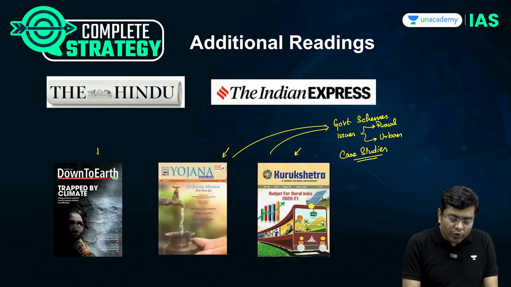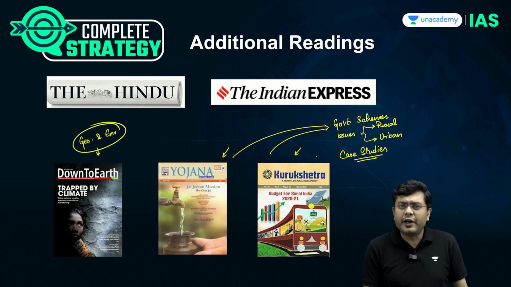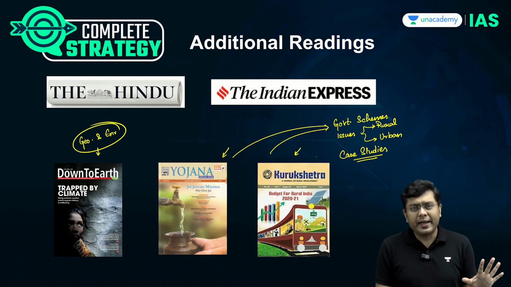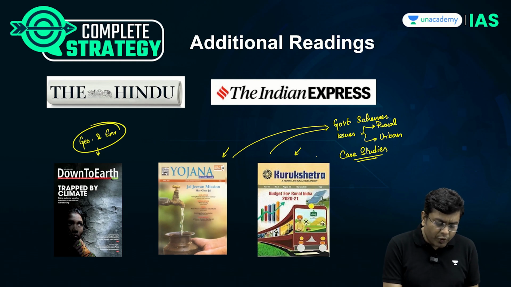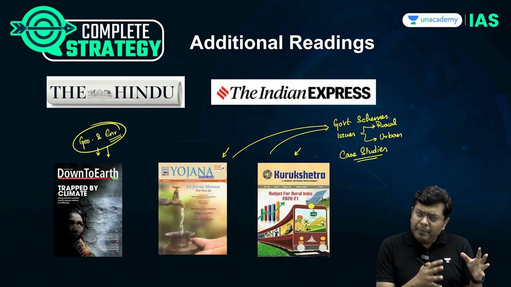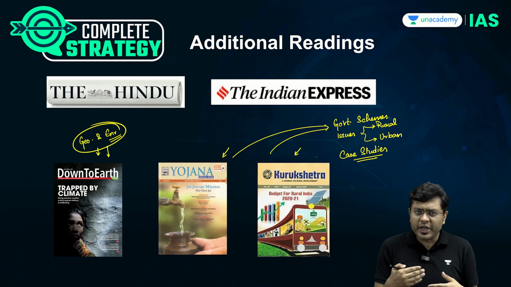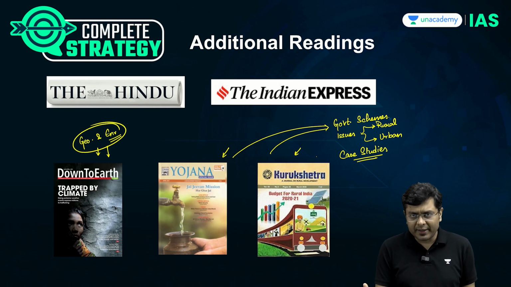Other than that, Down to Earth is a magazine that you have to study both for geography as well as environment. The entire content of Down to Earth is available online, so you can take a look at that. You don't need to spend separately for this. But this is something that I would always advise because of the changing pattern of the questions in the mains exam, and also because of various areas such as climate change, deforestation, soil degradation, those areas in news, you have to target this.